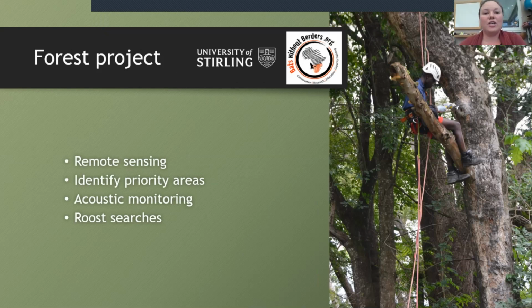So then another project that we're working on alongside bats, not only with Bats Without Borders, but also University of Stirling, is the Forest Project, looking at priority areas for conservation, starting off with remote sensing work, looking at areas which have largest impact from deforestation, and also areas within or outside of forest reserves. And also looking at acoustic monitoring with an element of citizen science in there to record bats that are in